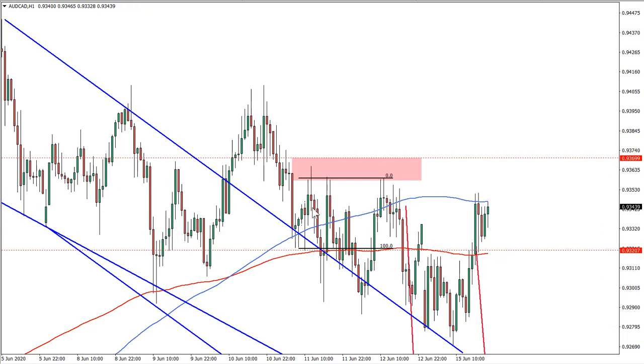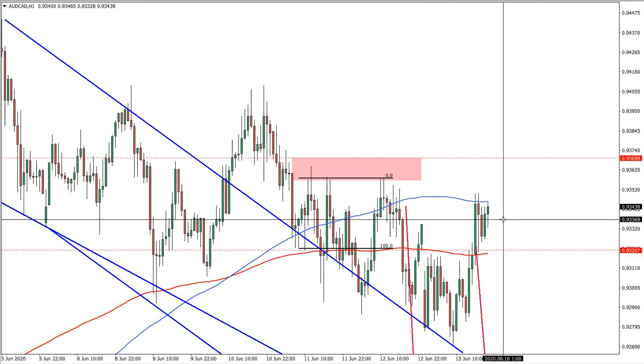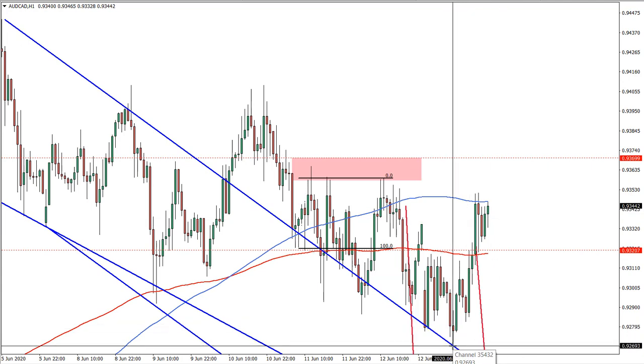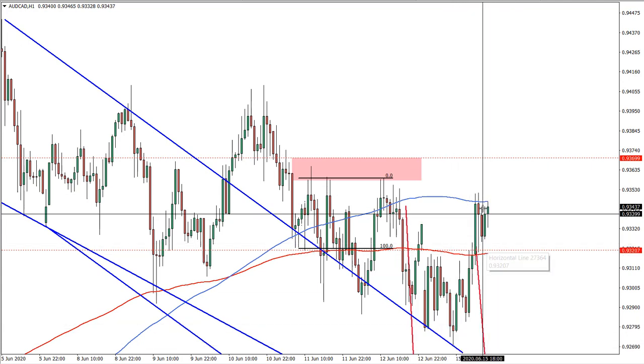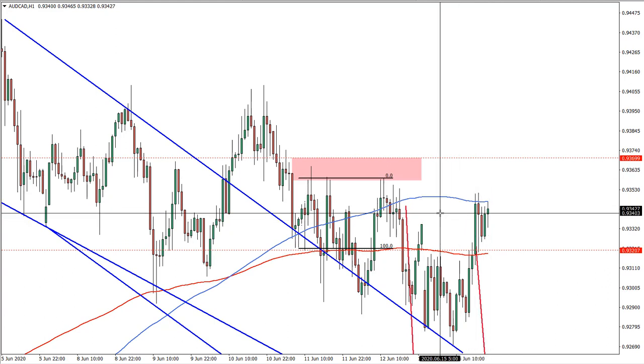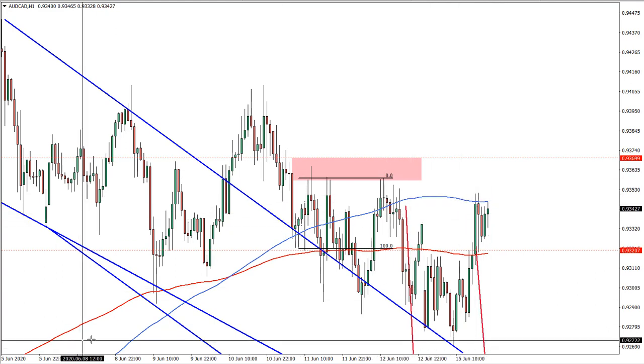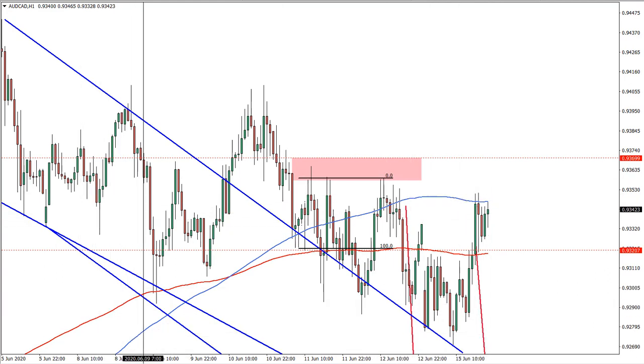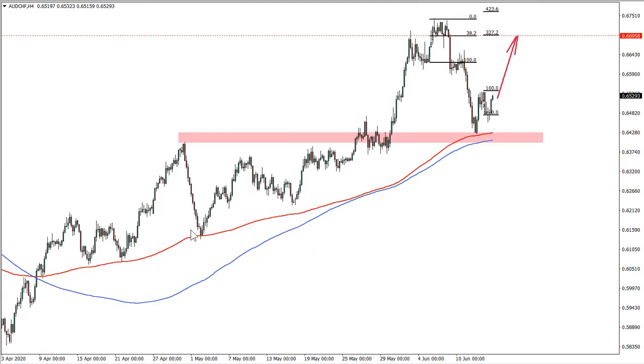Okay, so Australian dollar Canadian dollar, it was kicked out, I guess also for the reason the channel has been rejected here, and now we are between the moving averages. So here we're done. I'm not going to go back to this idea, but I will go to the Australian Swiss